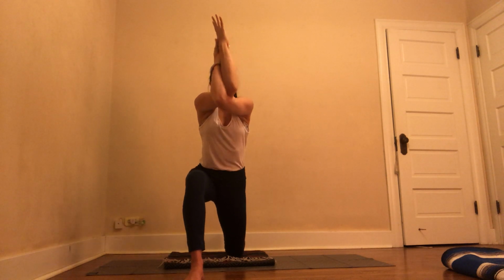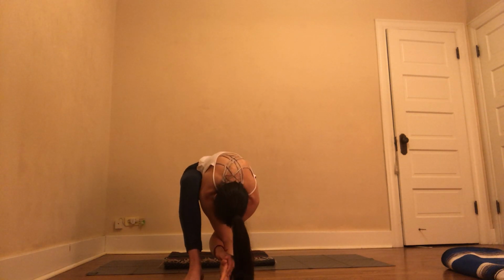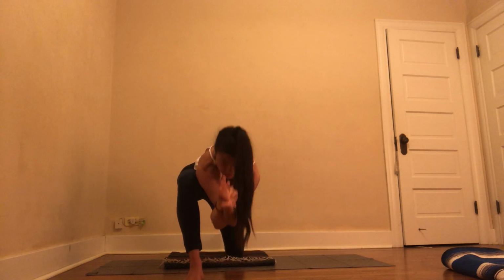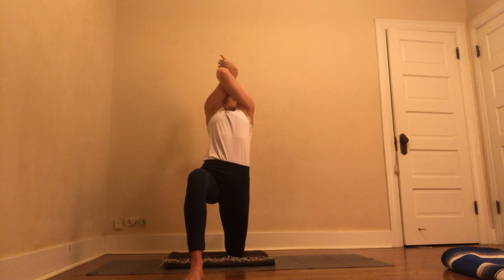And going forward, stay strong through your glutes. This will protect your hip joints. And lifting up, scooping yourself up. I release my arms and bring my leg in simultaneously. Now, right leg forward,